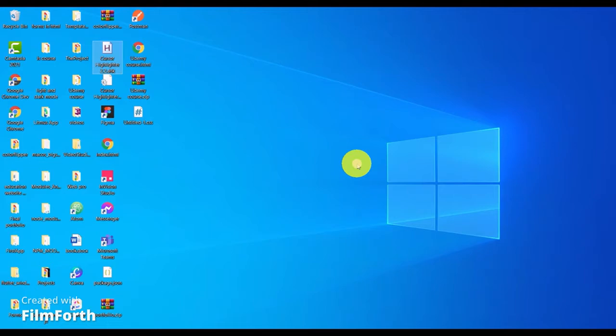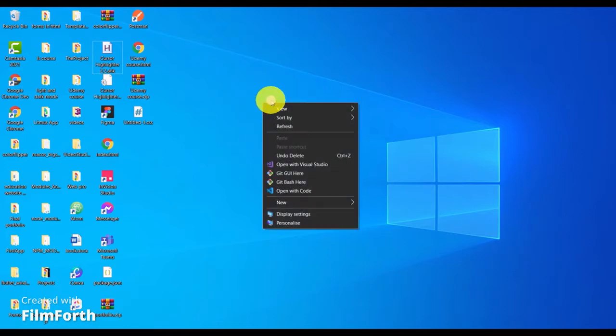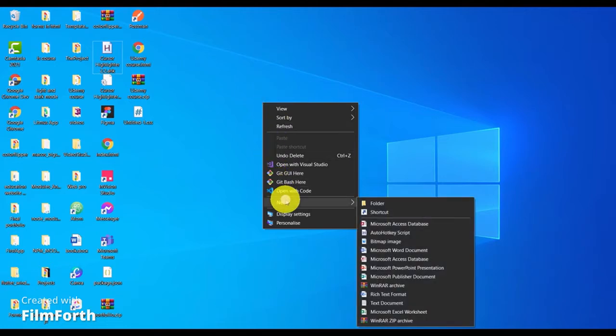So to get started, you don't have to open our code editor right now. You have to right click on our desktop and click on new, or hover on it, and then do a folder. Now make sure you don't create a zip folder, because then Visual Studio Code doesn't allow you to open that. We are only allowed to open a folder. So if you click on folder over here,